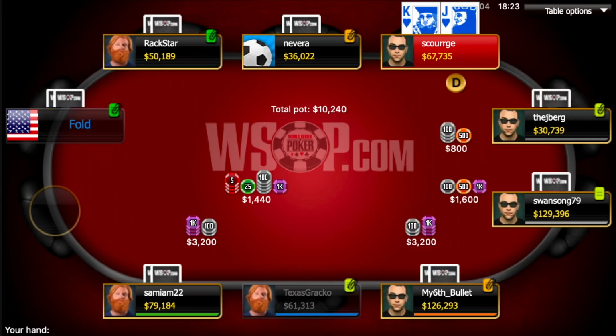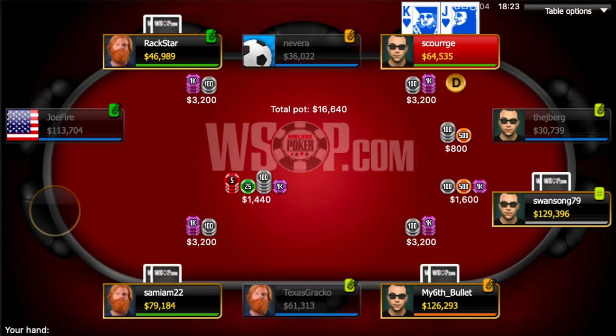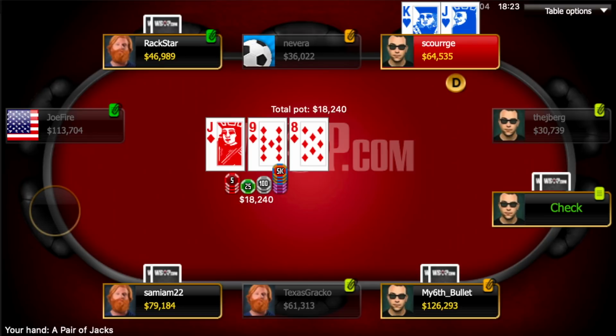This next hand represents one of the weirdest spots of the tournament. Under the gun opens, there's a middle position call, the hijack also calls, and I have king jack suited on the button. Can't really be folding this, but it's weird to put in 5% of my stack knowing I'm gonna go 5 ways to the flop. That's what we do. The flop comes jack 9-8 with 3